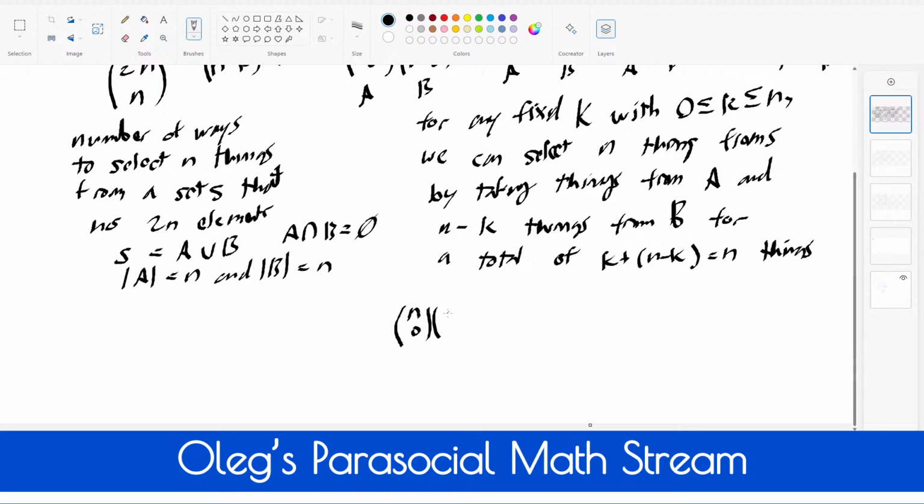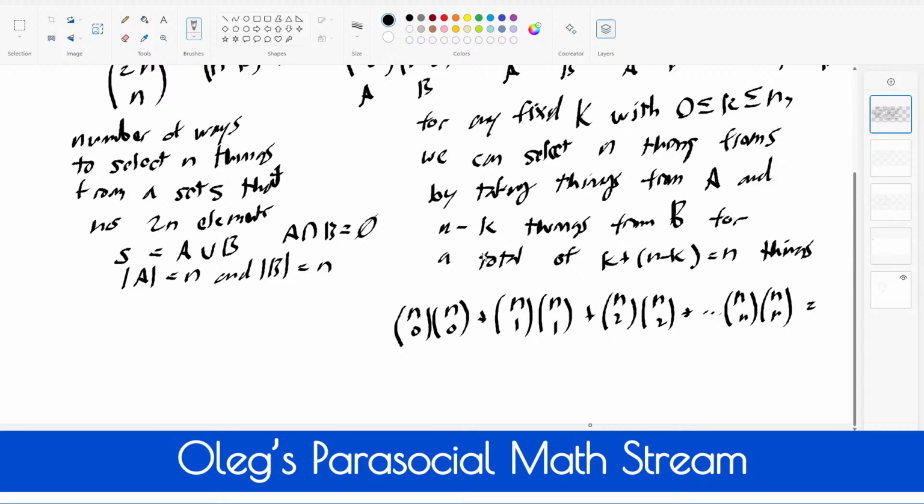n choose 0 squared, plus n choose 1 squared, plus n choose 2 squared, plus, up to, n choose n squared. And of course, if we were to add this up, this is going to be n choose 0 squared plus n choose 1 squared plus n choose 2 squared plus up to n choose n squared, which is the equivalent of our, we're going to sum it up,